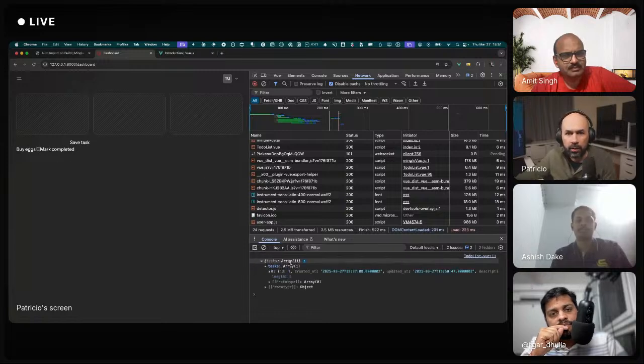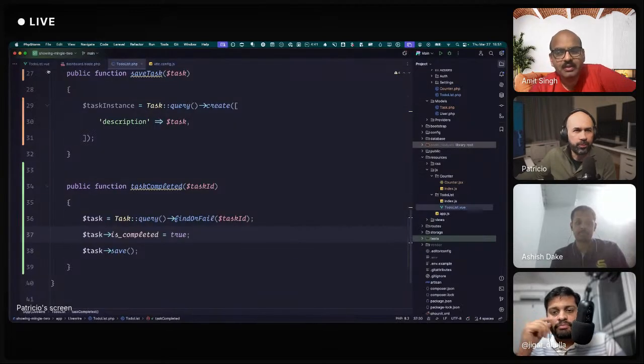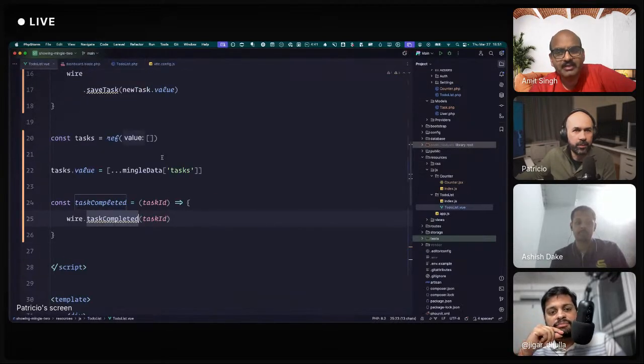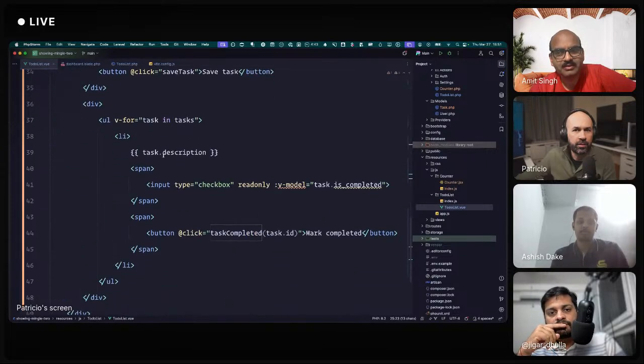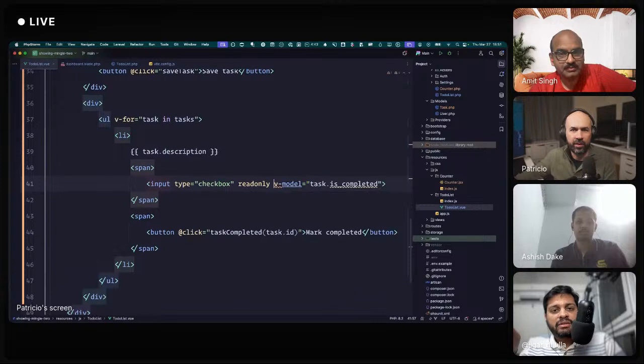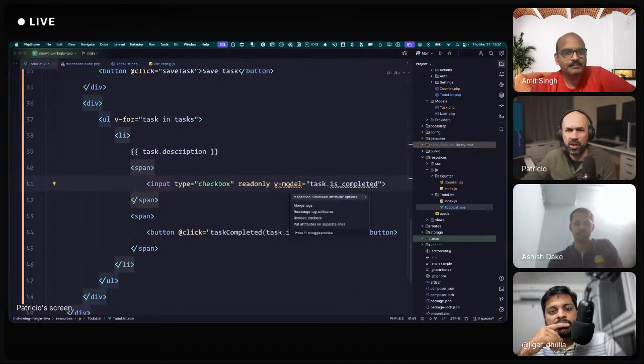What happened? Is completed equals 1. So we haven't added a checked condition in the checkbox, right? In checkbox, you have to do checked, right? You are expecting it to list it, right? No, I did colon v model, which is not right.